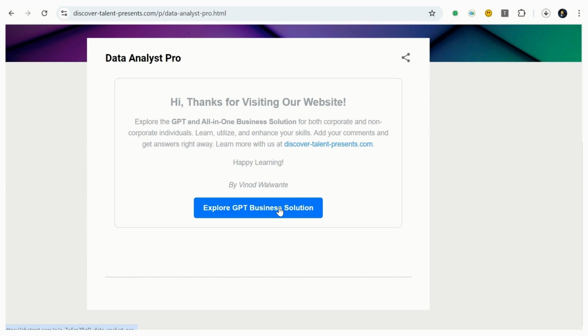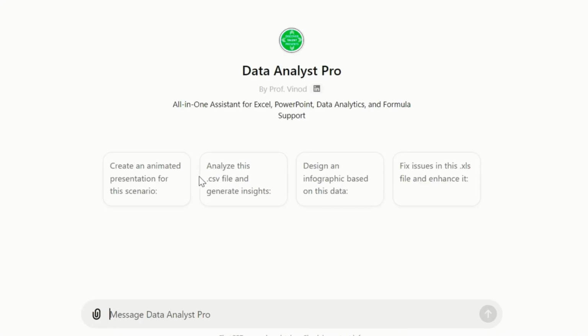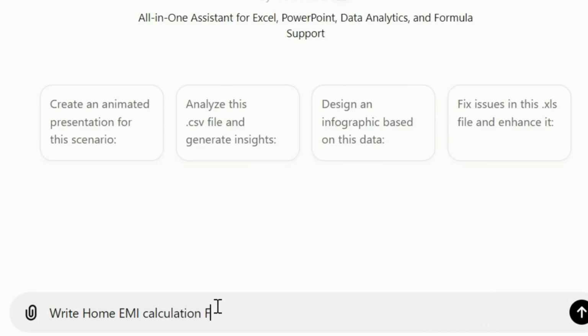Simply click over here, and then you can see the pop-up has appeared, right? Now what you need to do is type a prompt inside this message box, Data Analyst Pro. For that, let me zoom the screen so you can see it. Write home EMI calculation formula along with